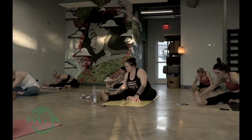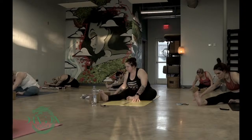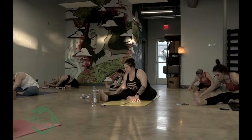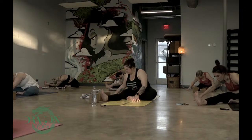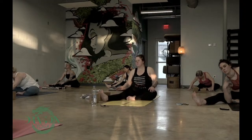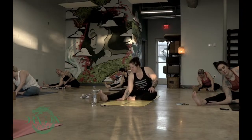Janu Shirshasana on the right side. Pressing that right thigh down, using your fingertips to pull your heart forward. Inhale, lengthen. Exhale, fold forward. Raising up that chest. So this time your right elbow is going inside your right leg, or your right forearm